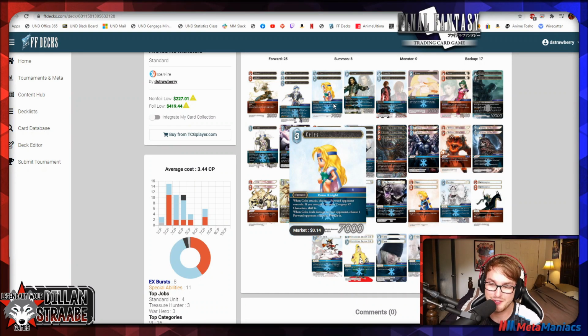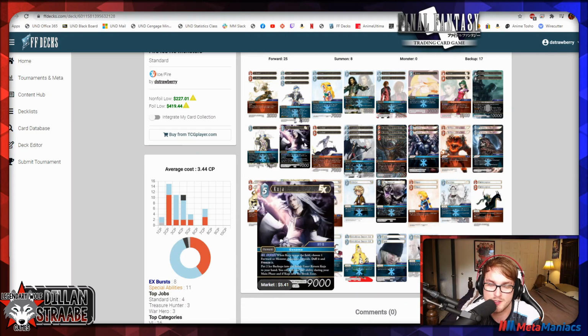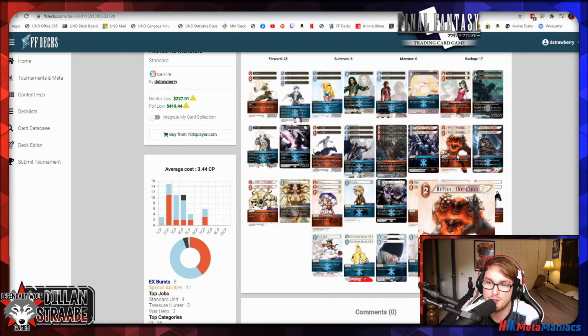If there's weaknesses this deck has, it's that you are not going to win on EX bursts. You don't have a lot. The ones you have are good. Terra gets you a summon. Kuja gets you something. Kuja dull freezes to help you stabilize a bit. Belias is obviously a good EX burst and drawing you a card that's always good and possibly staving off some